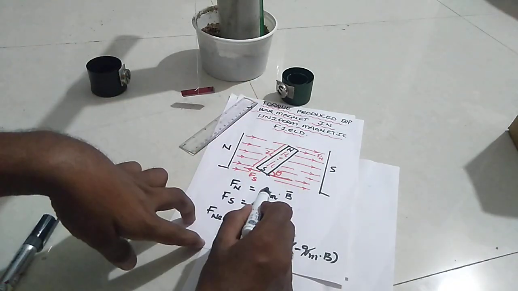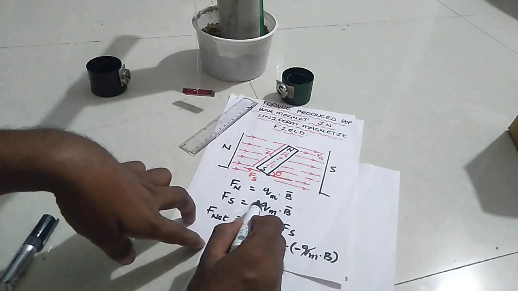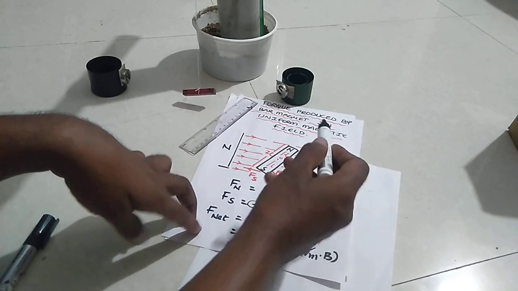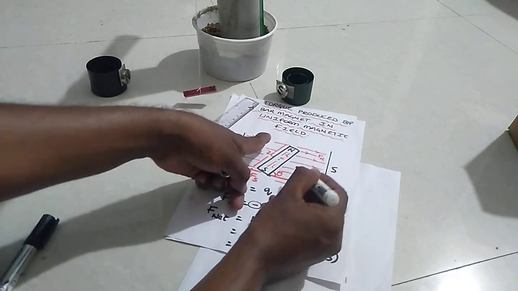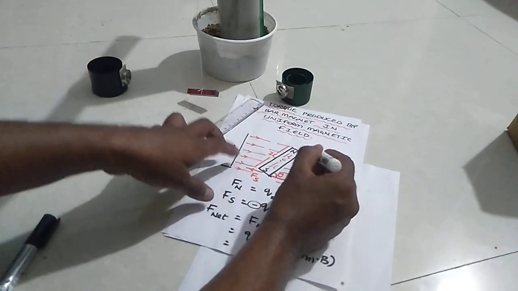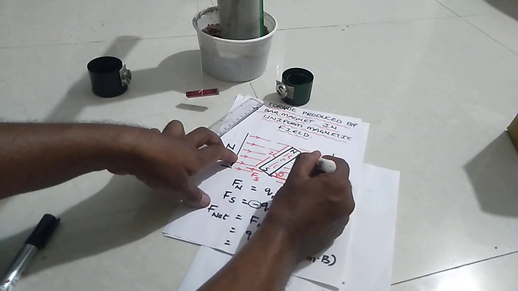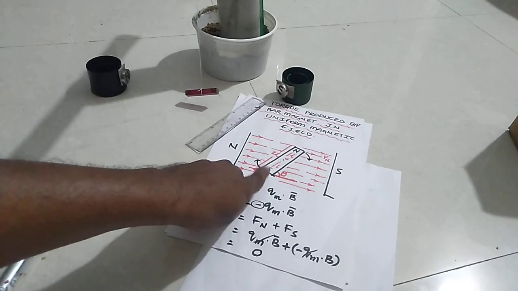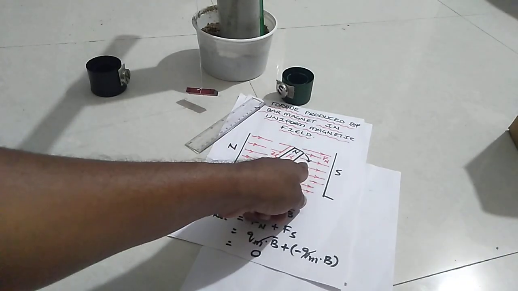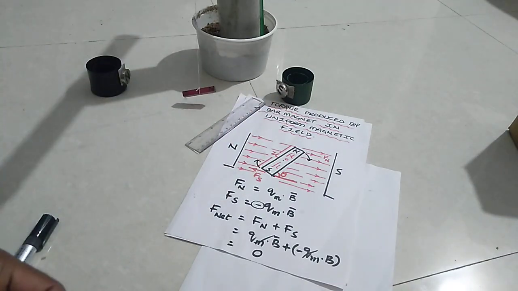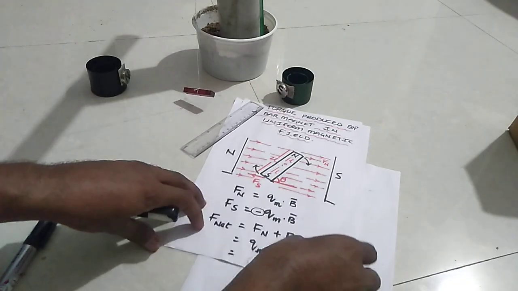Okay, and which is equal to qm into b. There is a change in the sign because it is acting in this direction, and this is acting in this direction. So in this way you are going to have a rotational effect. The turning effect is because of this. That's why it is neither attracted towards this nor attracted towards this. That's why you are going to have the turning effect. Now we are going to discuss the torque.